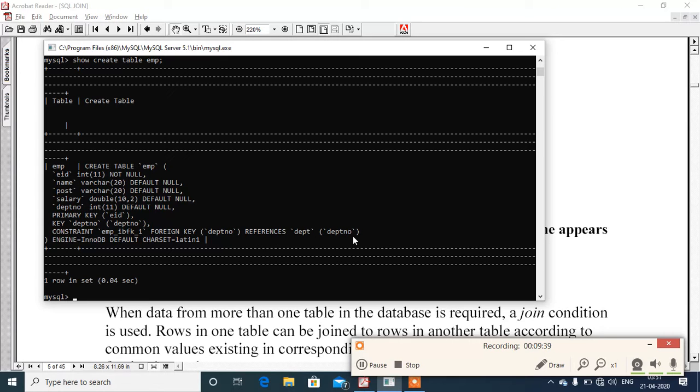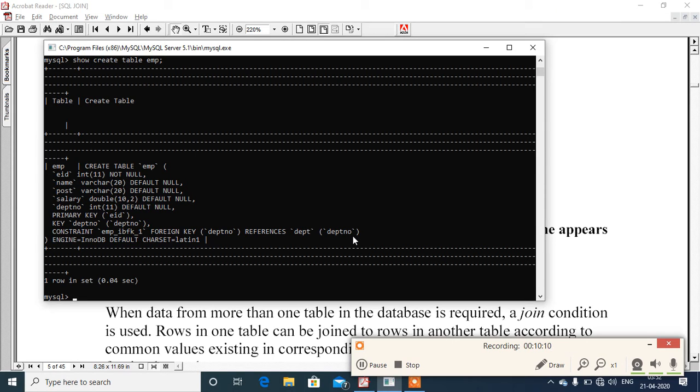That means the department table DEPT is the primary table, and the employee table EMP is the foreign or child table. By the use of the dept number column that is common in both tables, we are referencing both tables, so we can perform the join operation on it.